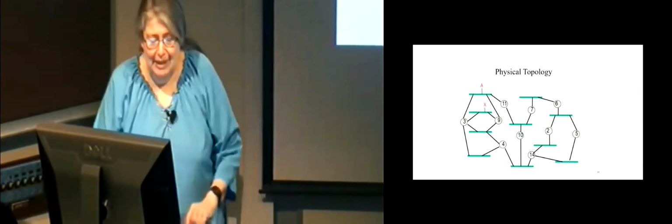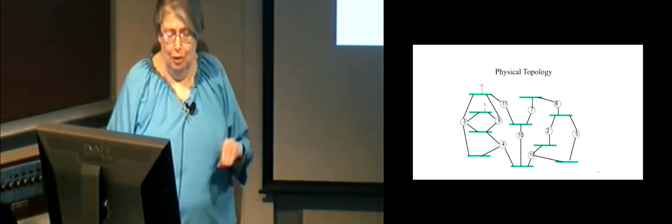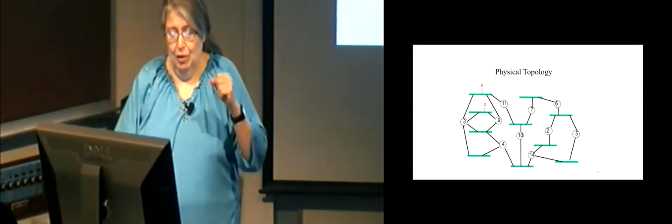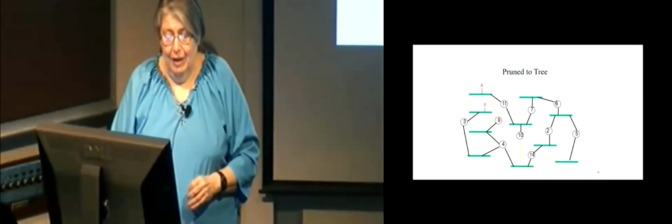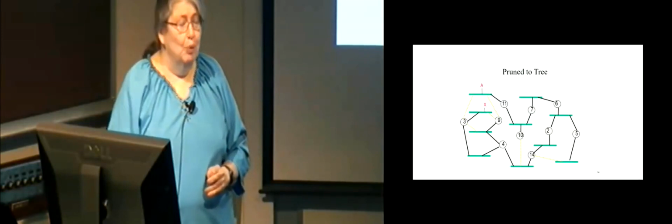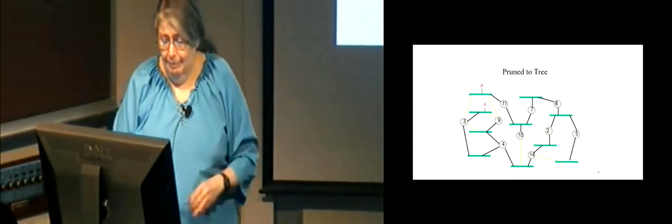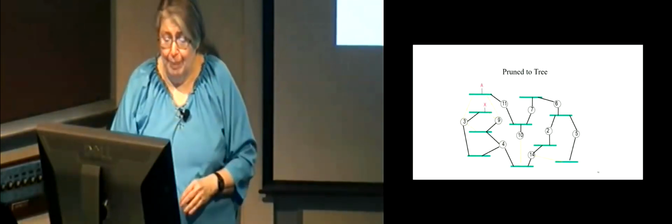So what the algorithm does, I'll tell you the poem in a second, is you have this physical topology where the circles are the bridges and the green lines are the Ethernets, the black lines are the ports that connect a bridge to various Ethernets. And the spanning tree decides which ports it should not be forwarding data. And so this is now a loop-free topology that reaches everybody.